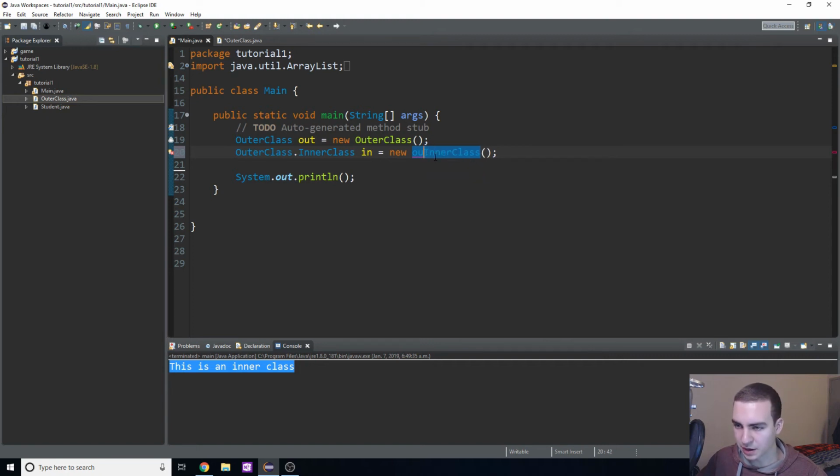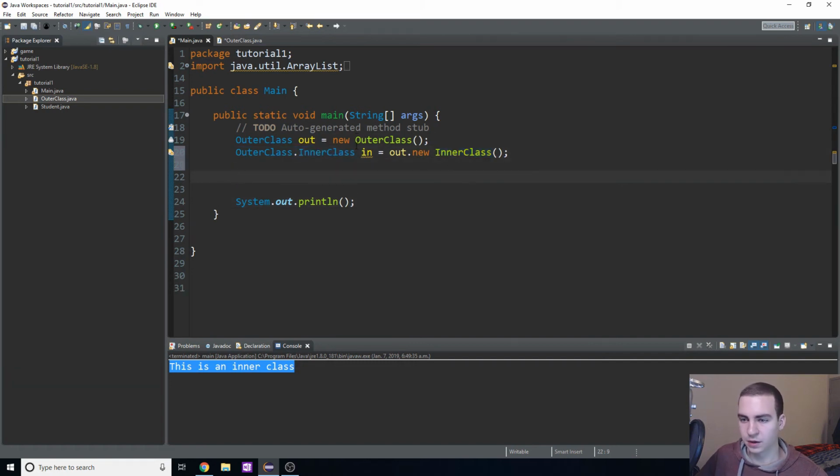Okay, so that's what the issue was. I knew it was something like this. What we need to do is out.new and then inner class, because we're creating a new instance inside of this, right, of outer class of inner class. Okay, so now what we've done is we've created this in, which is an object, which is a new inner